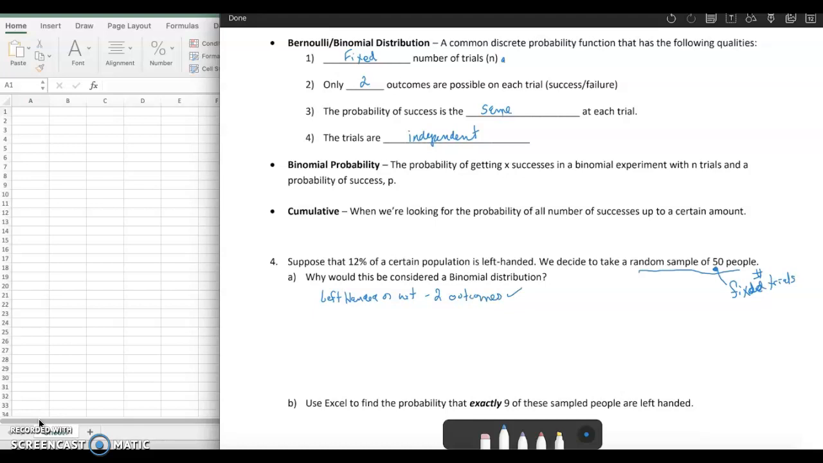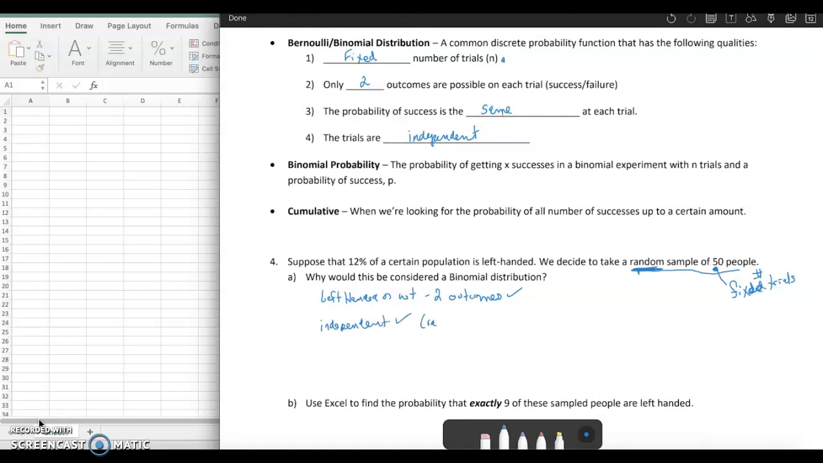Is the probability of success the same after each trial? And that kind of couples with number 4, are the trials independent? So if we are randomly sampling people, this is key here as well, then what if I choose person number 3 and they are left-handed, that does not at all affect whether person number 4 is going to be left-handed or not, because these people are not related in any way. It's totally randomized. So because they're independent,